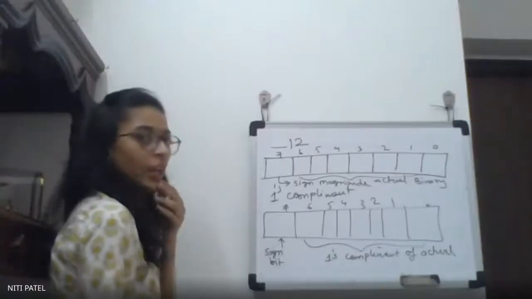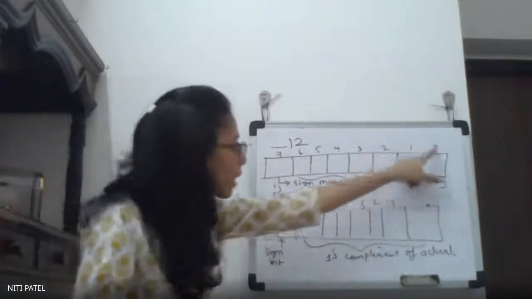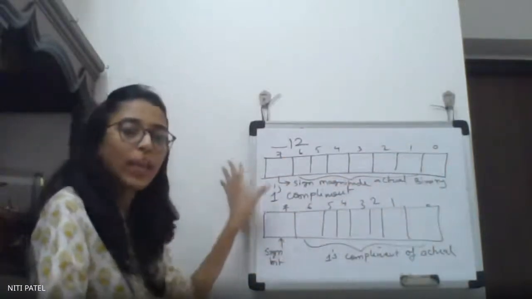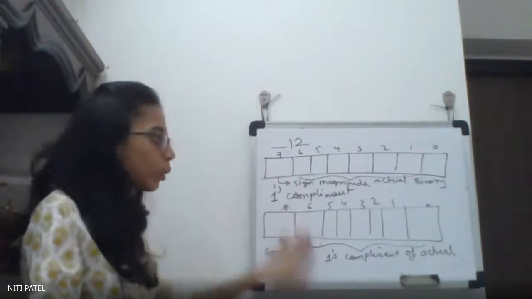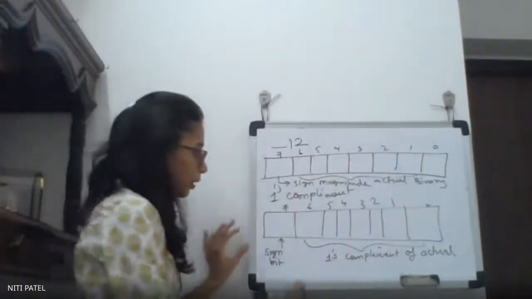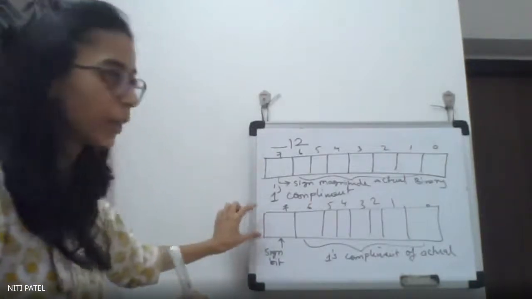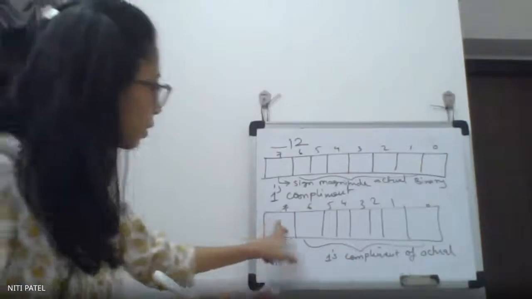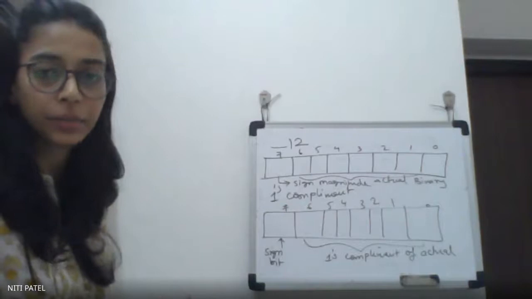We have to write in this manner only. That 7th bit should be the sign bit. You can write the answer directly also, 1000 whatever it is. No need to write the 7th bit and the actual binary and all. But if you make a habit right now in the initial days, you will remember it in the final. Even if in the final you do it in the same format, it is correct. Even if you give me the direct answer, that is also correct. This is just to practice so that you don't forget the 7th bit. But if you are already habitual with directly writing the answer, you can do that also. Both ways are correct.